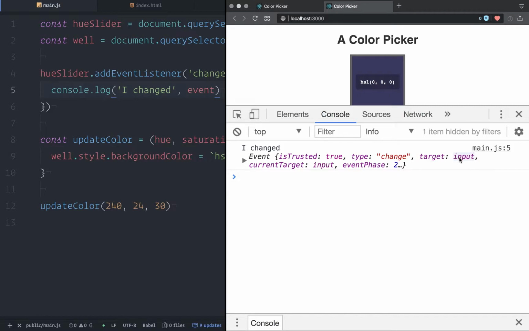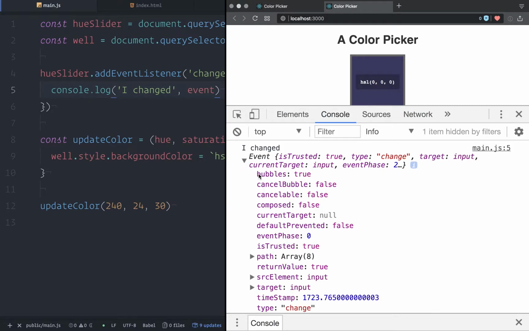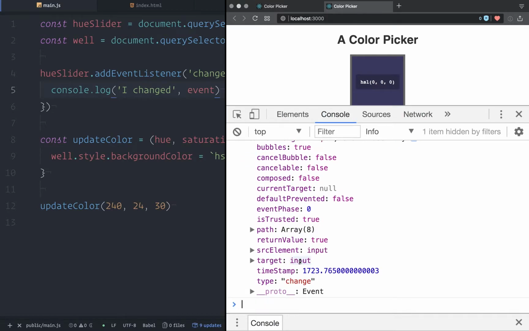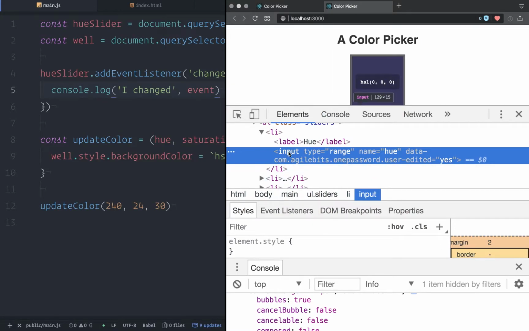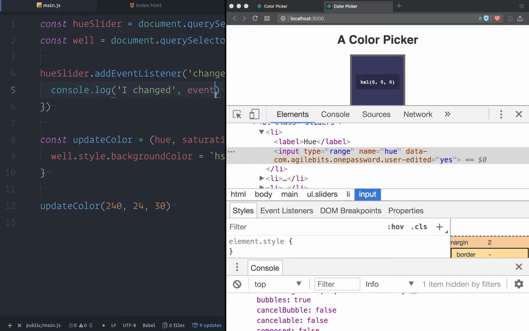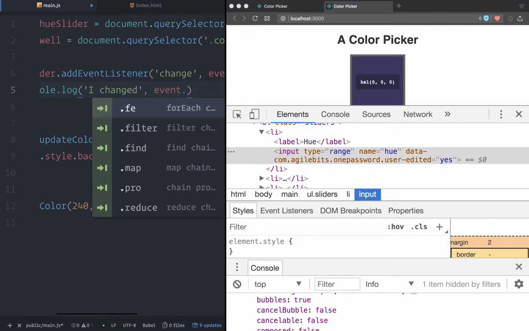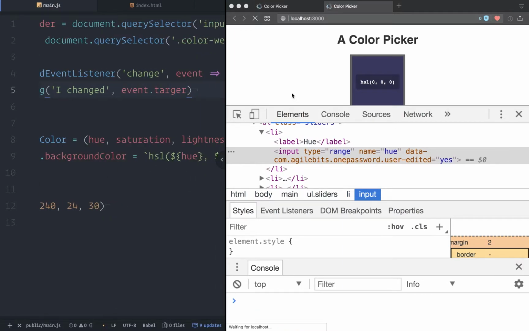The target is an input. That's interesting. Where's the target here? It's an input. Let's go look at that. Oh, I clicked on it, and it took me right to the input that happened. So the target was the thing that the event happened to. So if I log the target here,